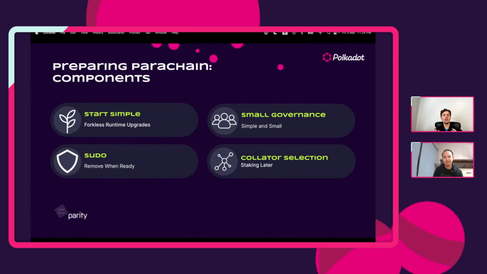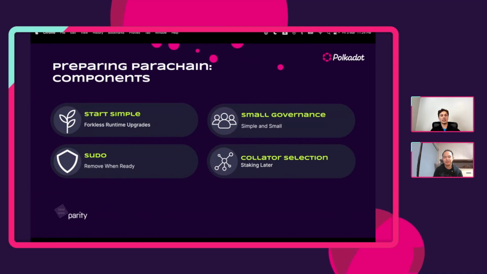You don't have to worry about that in Substrate because you can do forkless runtime upgrades. So start simple, get something out there that is still secure, and then you can start adding complexity later by doing runtime upgrades, little by little. So maybe you've got a specific pallet that you're building, you can add that in, do a runtime upgrade, and then that is available in your